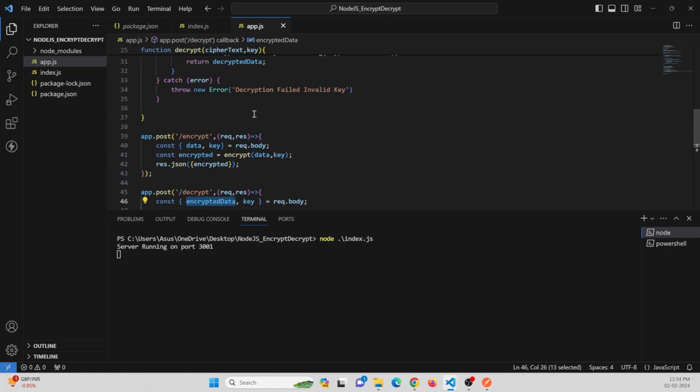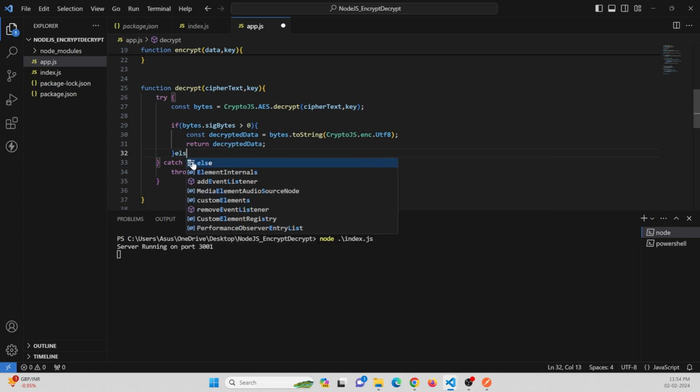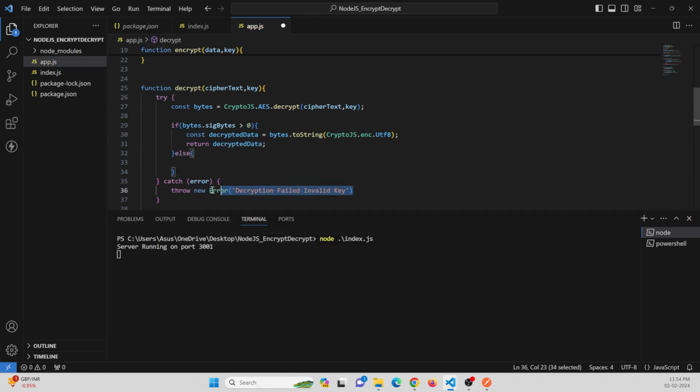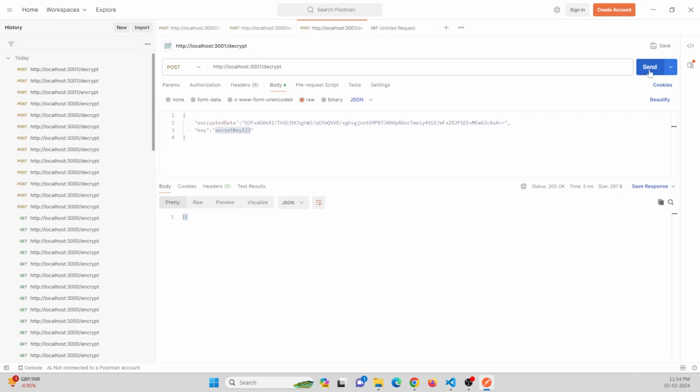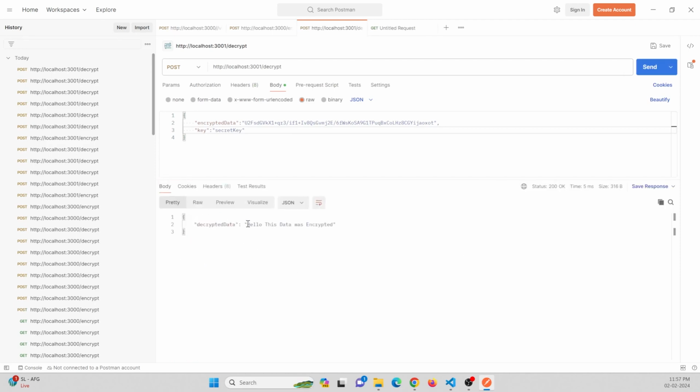So here in this function itself, if we get this data decrypted by making use of that particular correct key, then we get the data over here. Else we can just throw an error message saying that it was unsuccessful, like this. Okay, so now if I run this, you can see I get this error warning on the screen, that is, decryption failed, invalid key. So now if I pass the perfect key, that is this one, I get the response from the server,